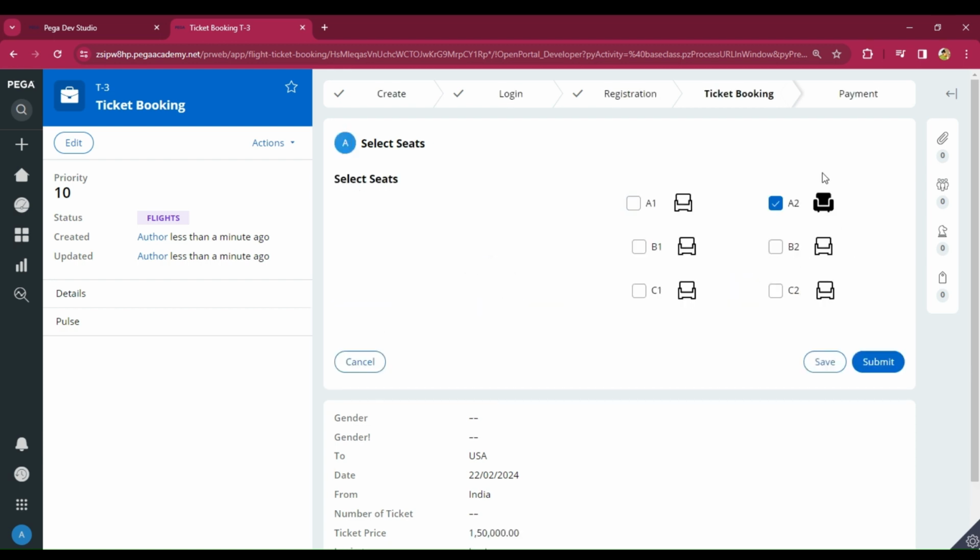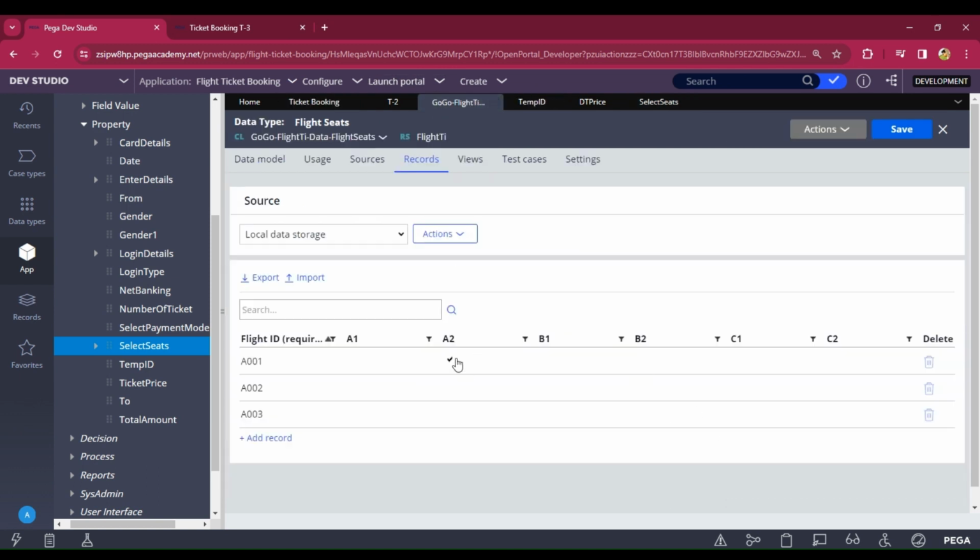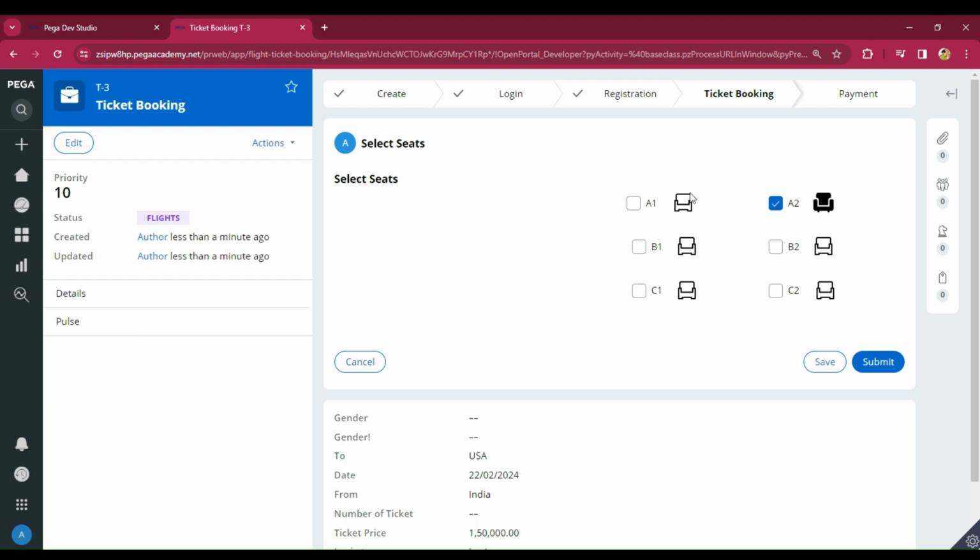So it's showing that the seat is already booked. The A2 is already in the true form. Why? Because we already blocked the seat, right? In the database we already blocked the seat when I clicked on save. So that's why it's showing the A001 seats. The A2 is blocked. But whenever the user can deselect, what will happen? The user can easily deselect, right? But